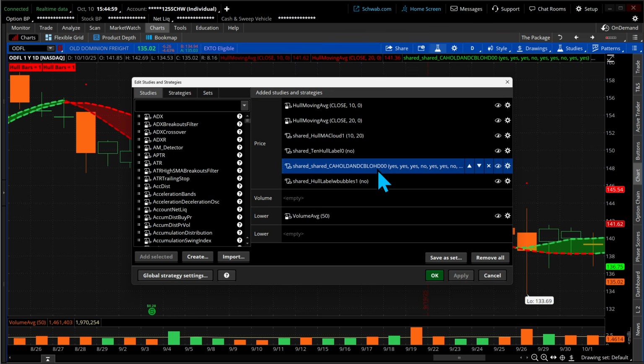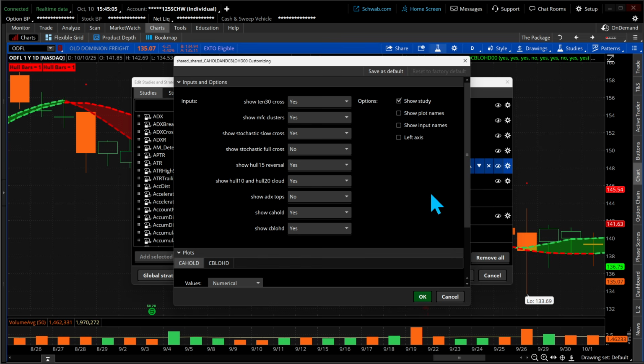Now, in this case, if we go over here to the right and click on the gear, you're going to see if we show CAHOLD only, and we say yes, it's just going to show the bullish bounce setups. Now, if you said, well, I'm seeing some bearish trends now, I don't want to just see the bullish bounce setups, I would actually like to see the bearish bounce setups. Well, yours might be defaulted to where it says no, but you could turn that